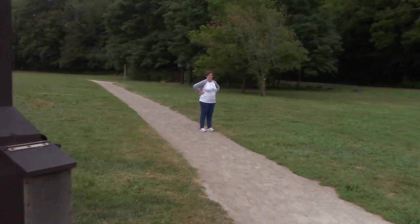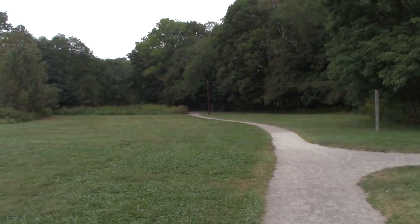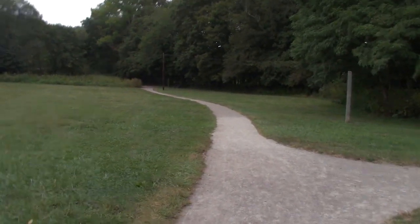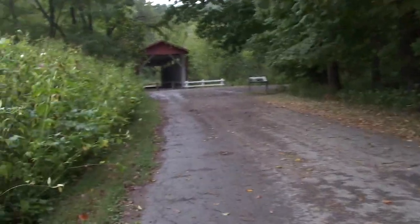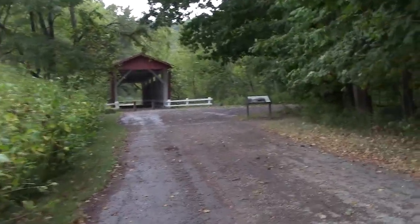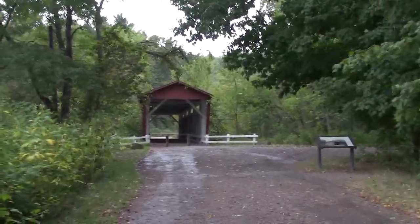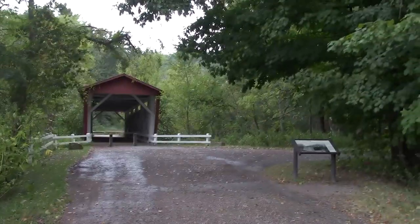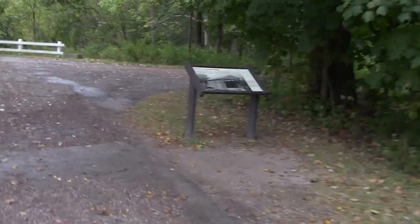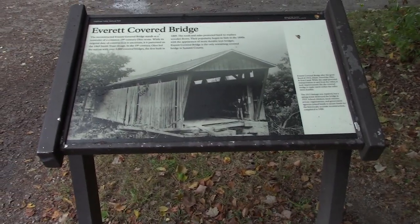All right, we are headed on down. Okay, so we're following this path that goes all the way down. So I will meet you guys at the other end. Yeah, it is very pretty. That's the reconstructed bridge, but it's where the original bridge used to sit or stand. Okay, we're at the Everett Covered Bridge,